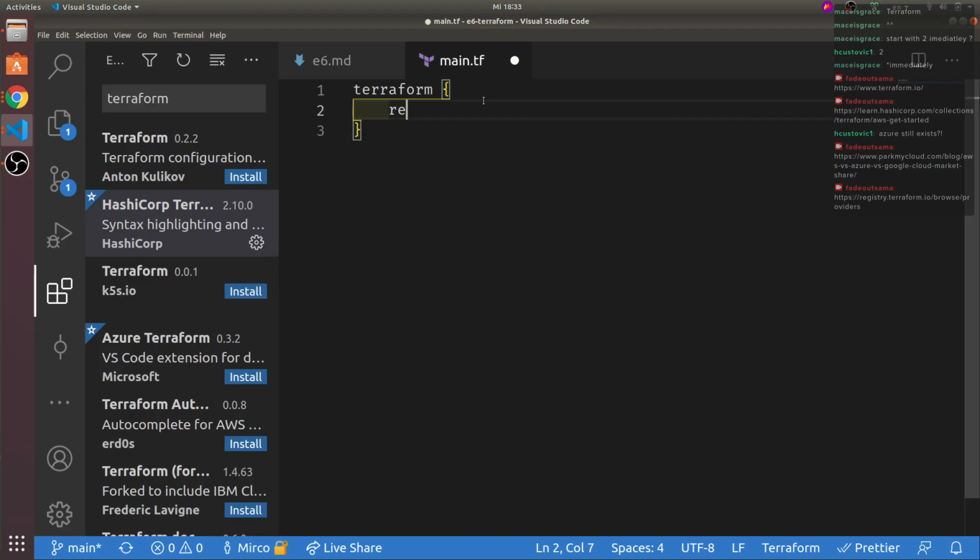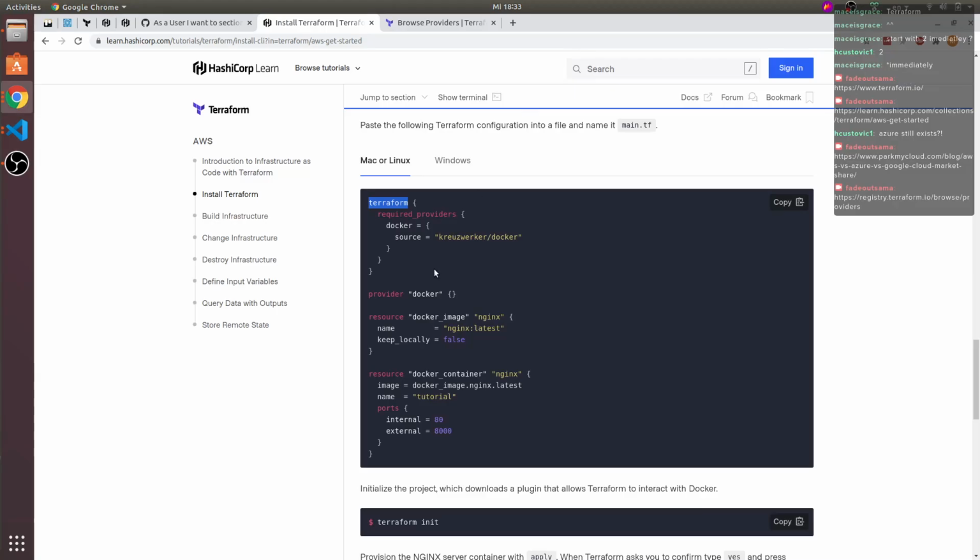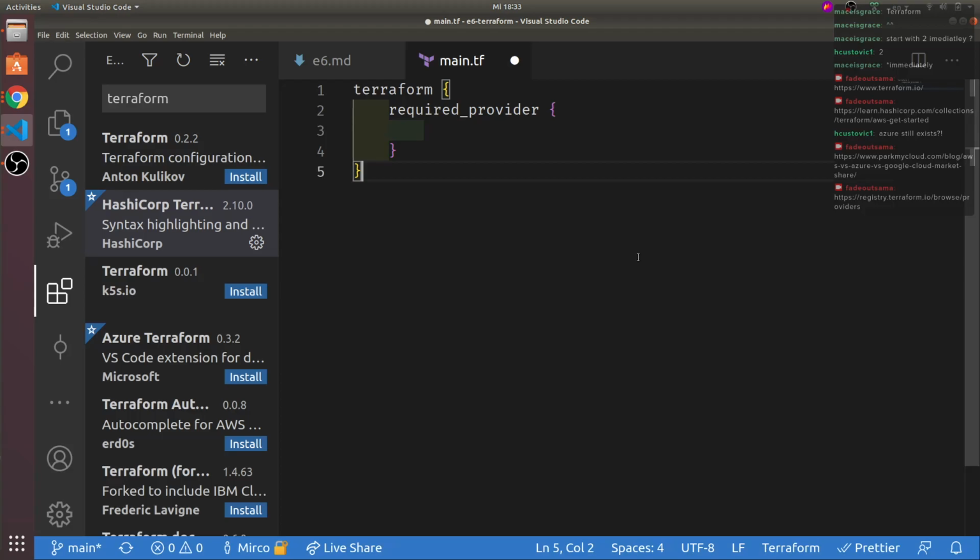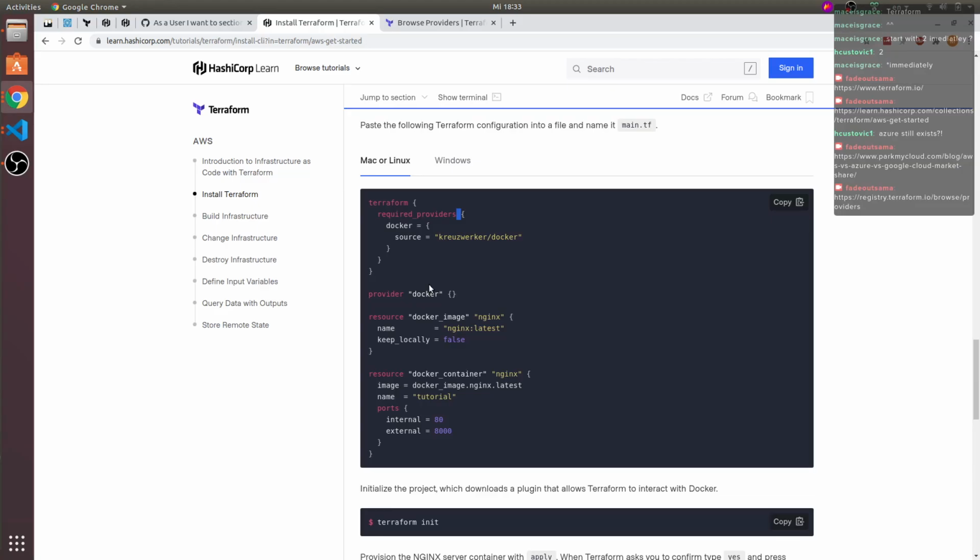Let's see. So what we want is to define some providers. And one thing that I'm always confused about, in this case, we don't need an equal sign. We define the provider in here, and then we define details about the provider, like so.